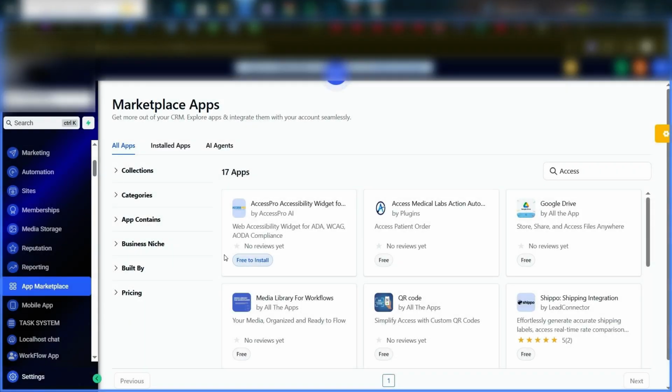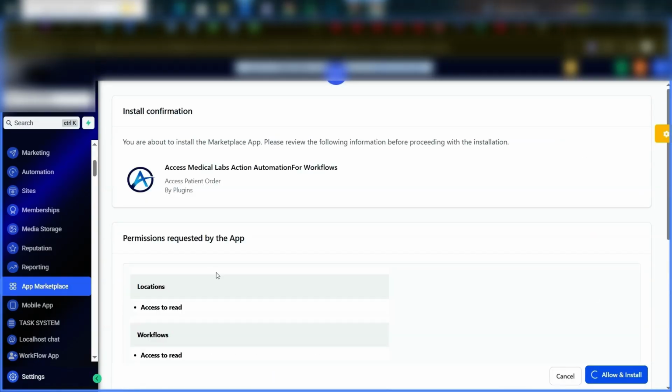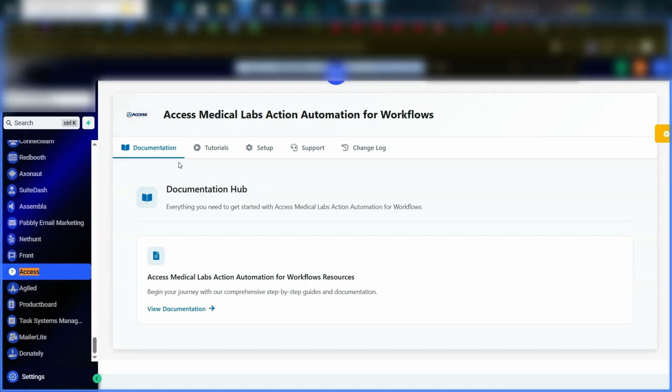Hey, just a quick thought on how to install and set up your app. Access Medical Labs Action Automation for workflows. Navigate to App Marketplace, search for the app, and click on it. Click on Install and click on Allow and Install. Ignore this pop-up. When you are done with your installation, reload the page, then search for the custom page of